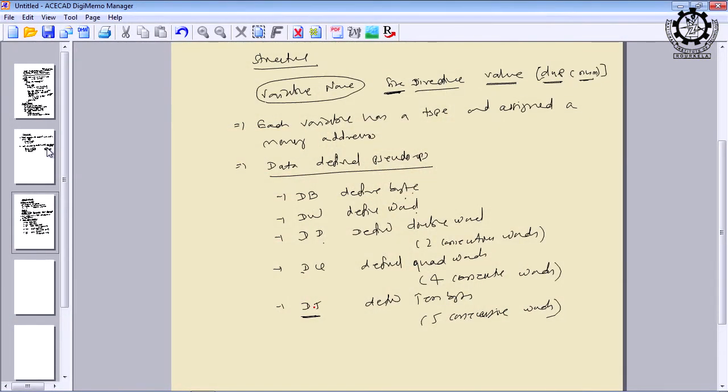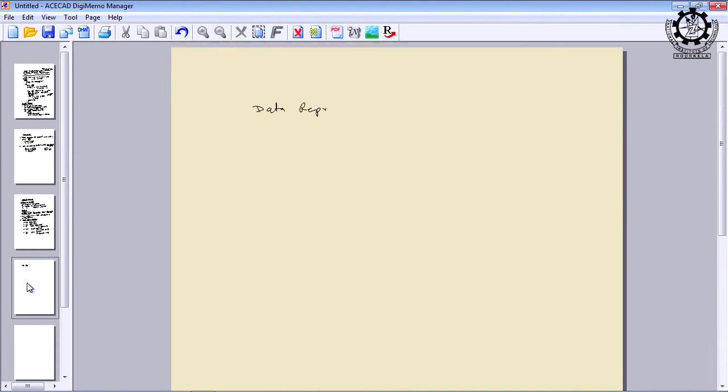Then how to use these pseudo operations in the program? That we call data representation: how to represent the data in memory, or in a register, or in the form of a value in an instruction. The simplest type of data that we know is numbers, integers or real numbers, fractional numbers. And of course, 8085, as I told you, a simple microprocessor, does not support any fractional or real value, it only supports integers. So, it is simple. But now we shall see 8086 supports a variety of numbers.